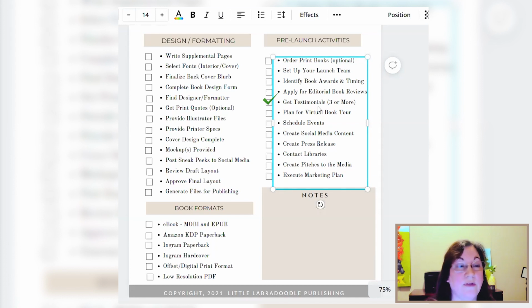And I'm able to put that on the back cover or on my listing or on my website. When a teacher says this is a perfect complement to the anti-bullying curriculum that they use at their school, and she mentions some of the curriculums that they're using, those kinds of things can go a long way, and it can be a great addition to your press kit as well. So get some testimonials. Plan for a virtual book tour.